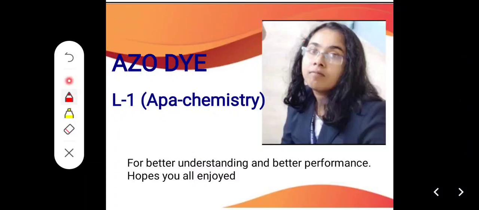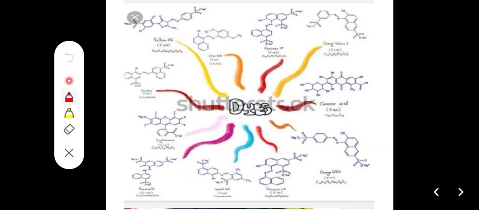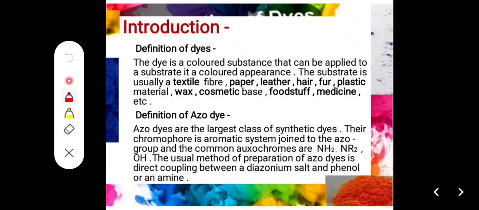Azo dye is a type of dye. Dye means pigment, one type of pigment that should be colorful. There must be so many dyes. Introduction: the definition of dyes. A dye is a colored substance that can be applied to a